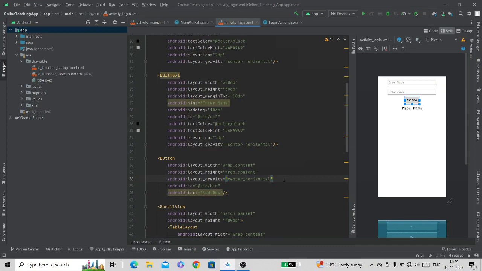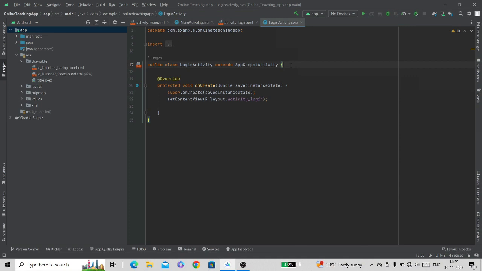Now let's code them in Java file. First of all, we will define the views that we have used in our XML file.